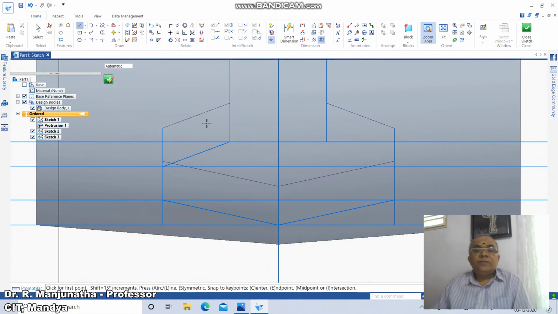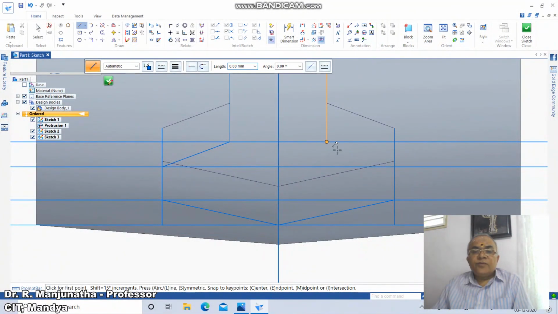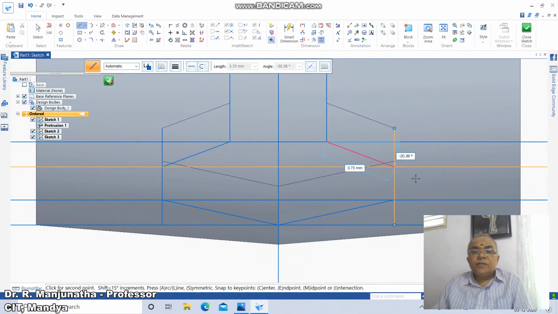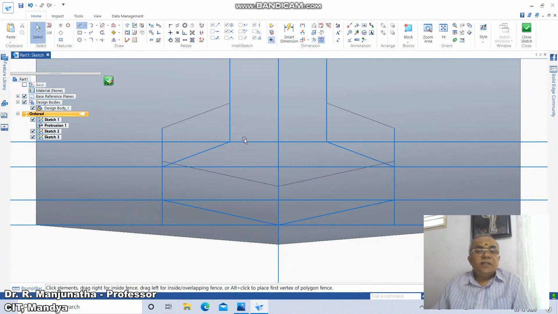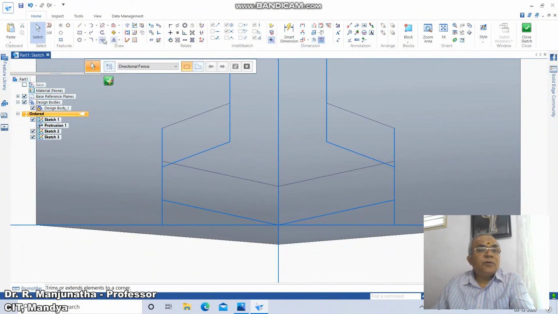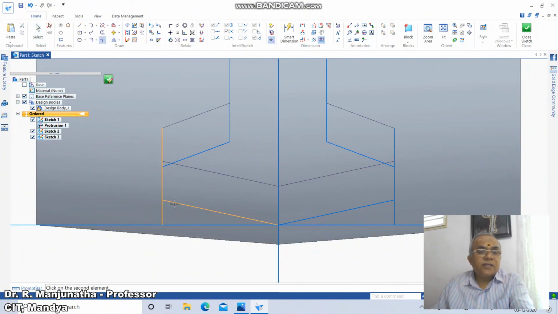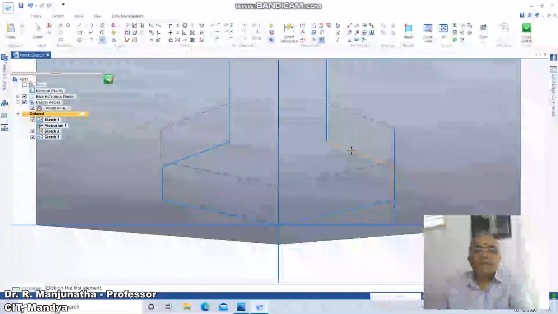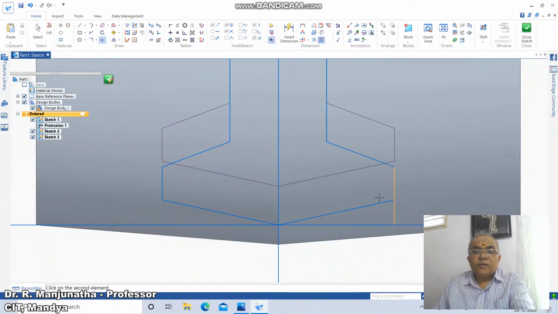So go to line, take end point of this to intersection of this, then delete this line and this line and this line, and go to trim corner between this and this, between this and this, like this. Okay, now you delete this line